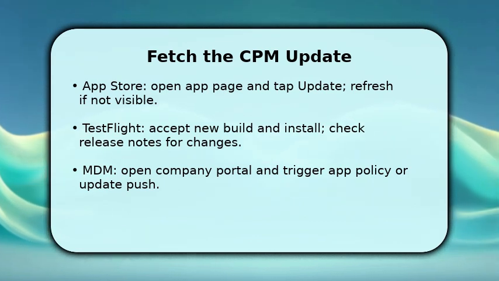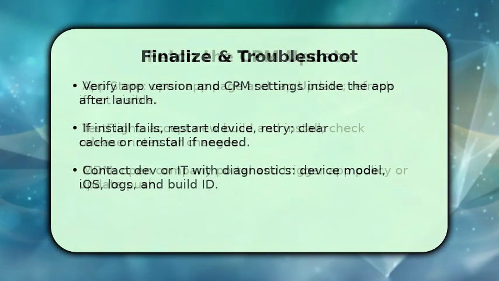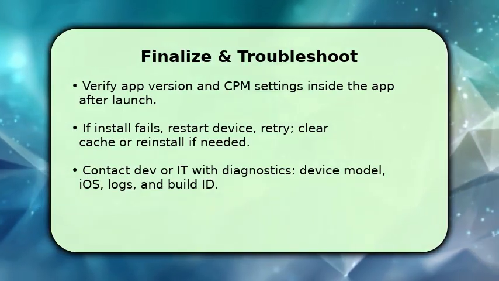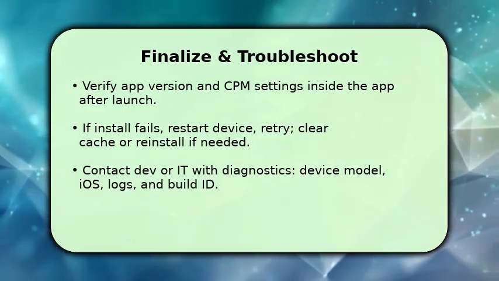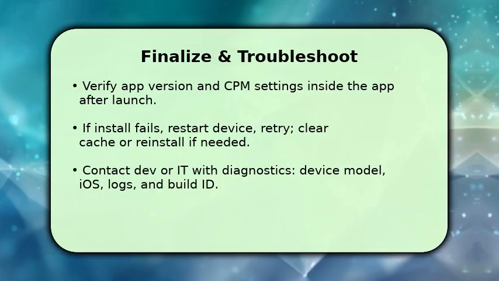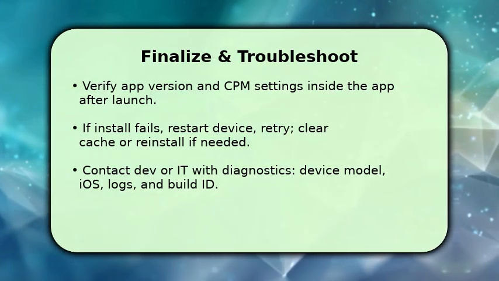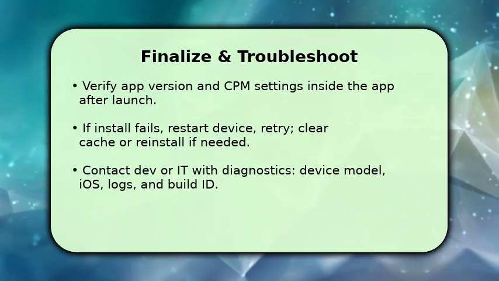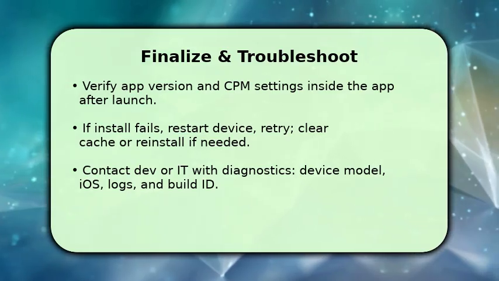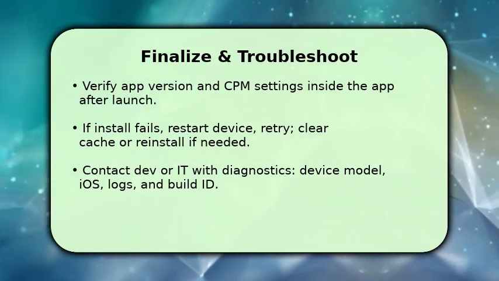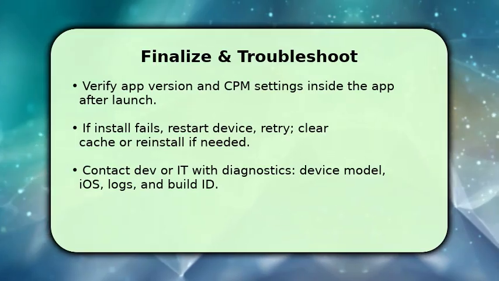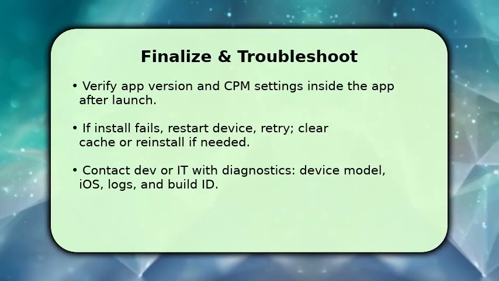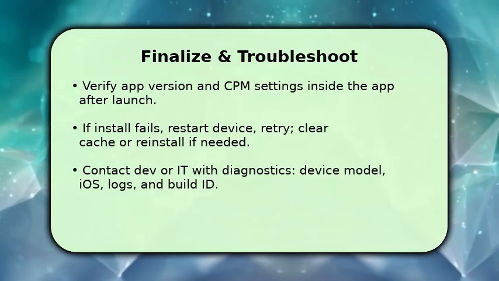You finish by launching the CPM app and confirming the new version and any changed settings. Check runtime permissions and any network entitlements. If the update fails, restart your device and retry the install. That clears transient lockups. If problems persist, uninstall and reinstall, or switch between Wi-Fi and cellular temporarily. Make sure to collect diagnostics: device model, iOS version, build ID, and any error messages, and then contact the developer or IT team so they can